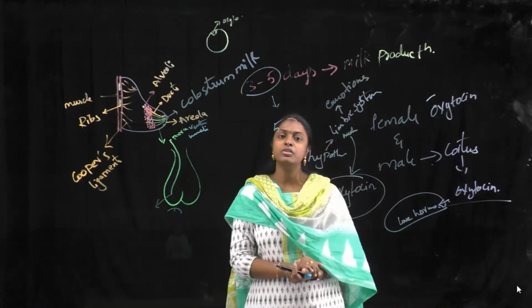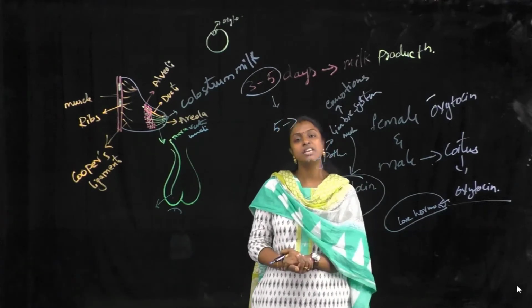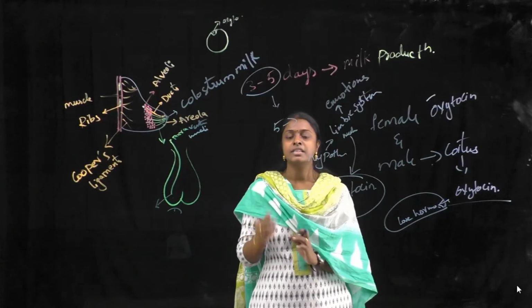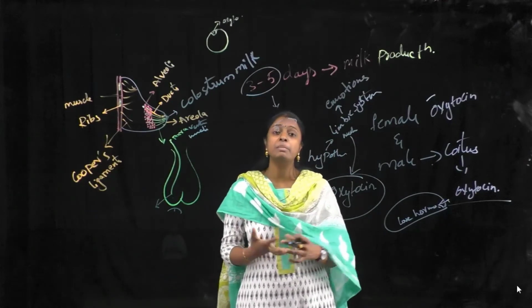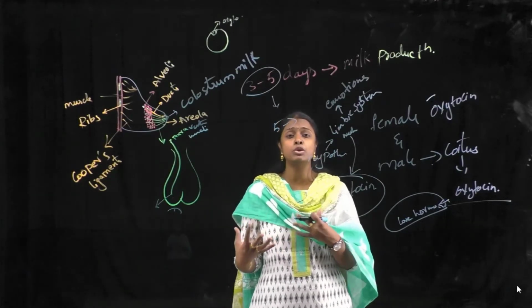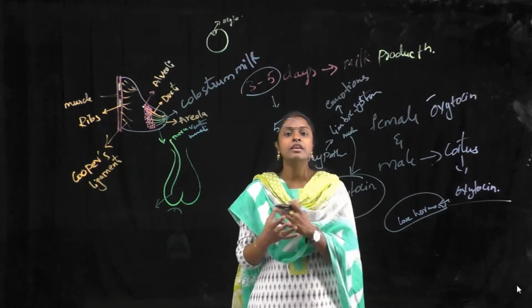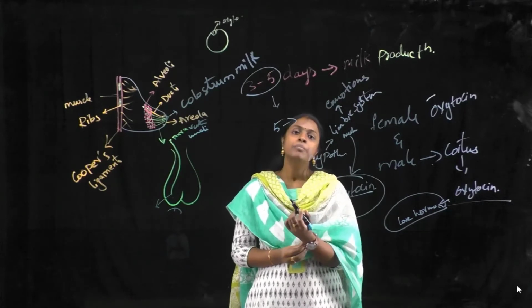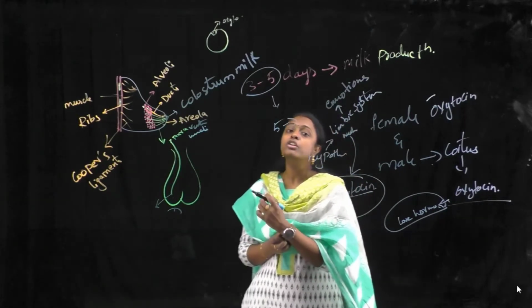After childbirth also, oxytocin is released. So will that show any effect on the uterus? Yes. After childbirth, there will be so many fluids and so much waste material in the uterus. So when this oxytocin is released into the bloodstream, it will go and act on the uterus too.